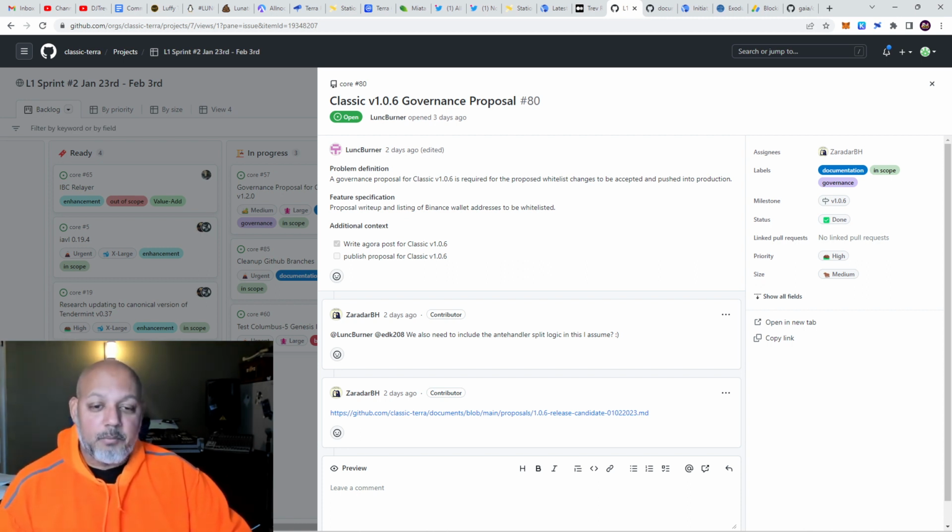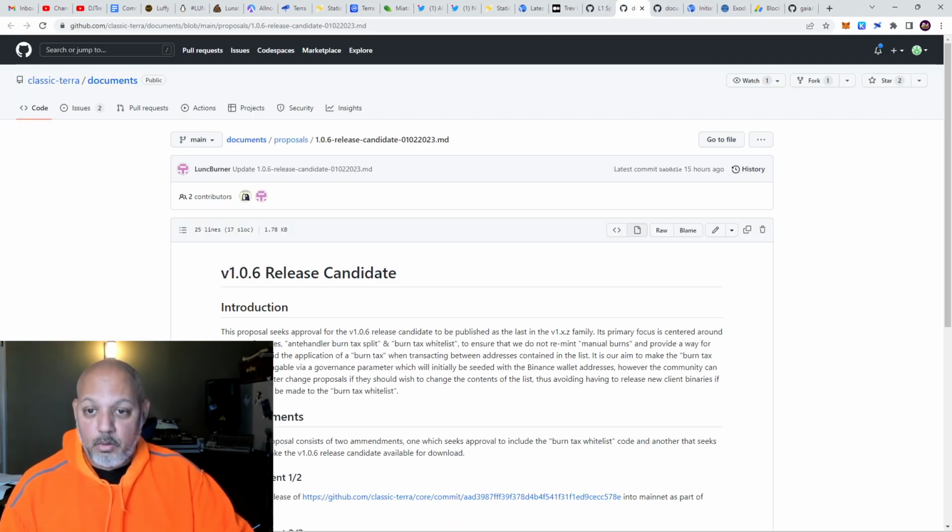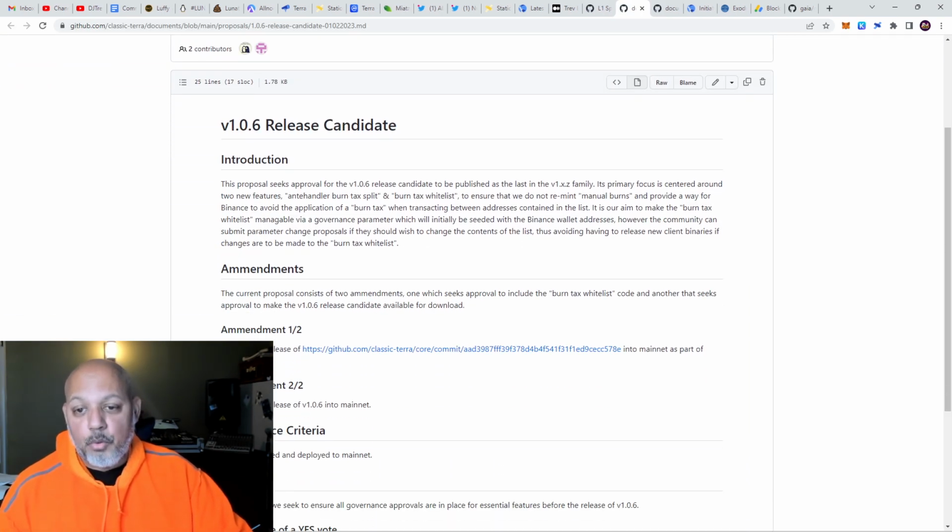Everybody's talking about it. Everybody wants it to happen. That happens in version 1.0.6, which is going to go to the validators. The validators have to implement it, but I believe it still needs to be voted on, okay? And here we go. If you click on this, this proposal seeks approval for the version 1.06 release candidate to